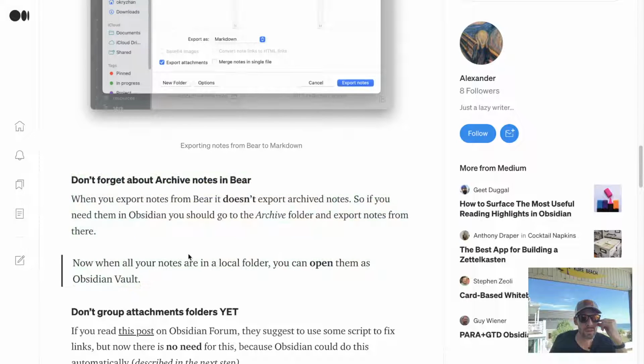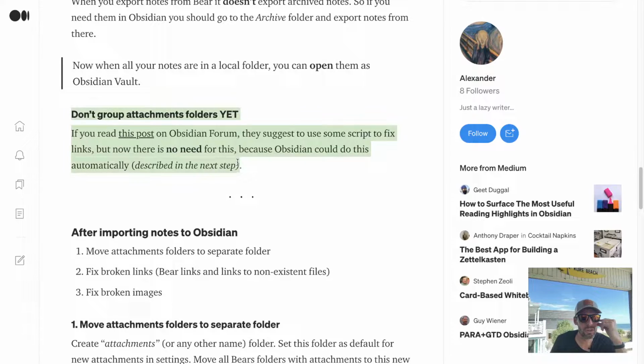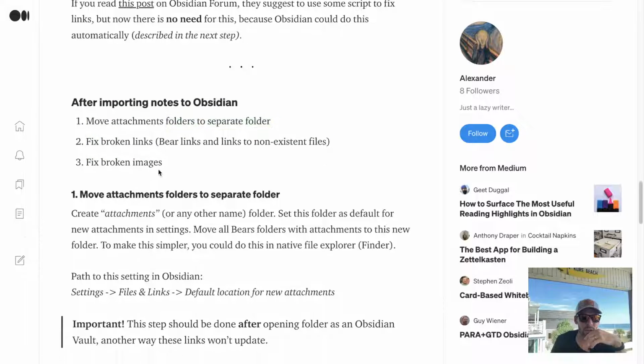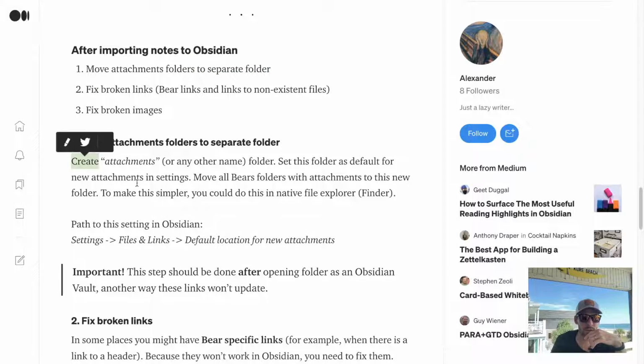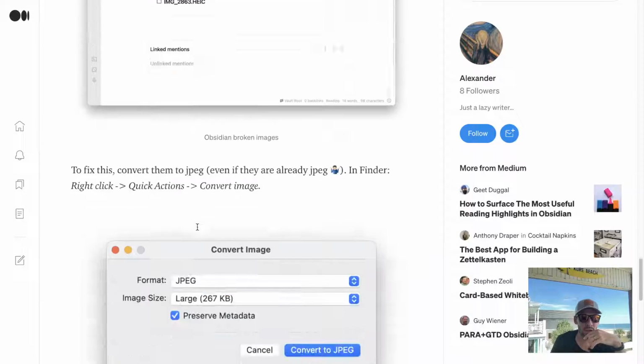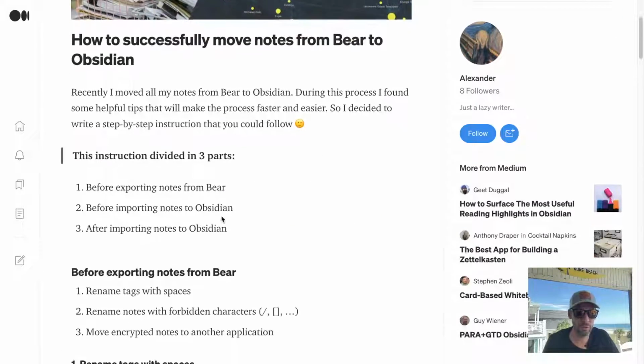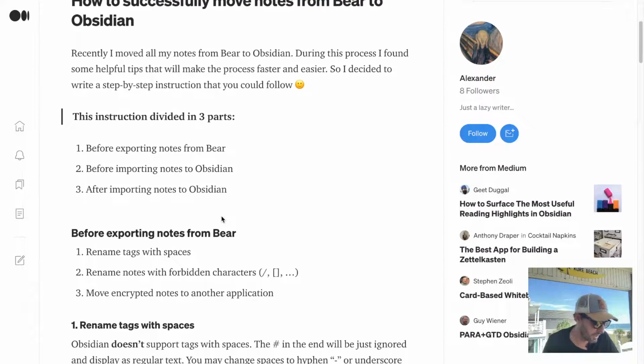I don't care about exporting archive notes. Don't group attachment folders yet. Okay. After importing notes, move attachment folders to a separate folder, fix broken links, fix broken images. Yeah, I'm pretty sure this is the one that I referenced before. It looks pretty complete and also pretty short. So let's just jump in and see how we go.